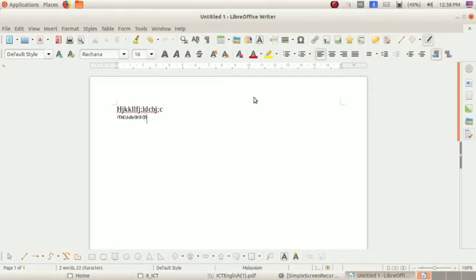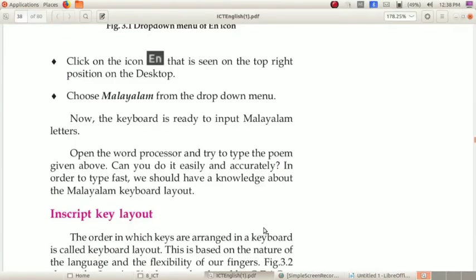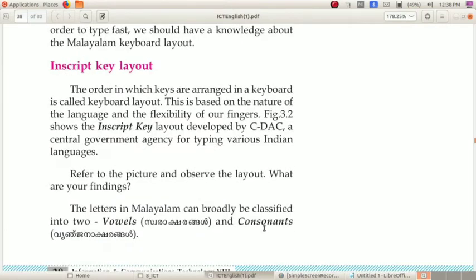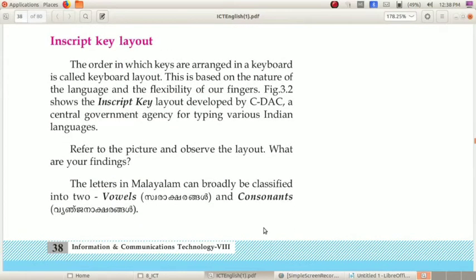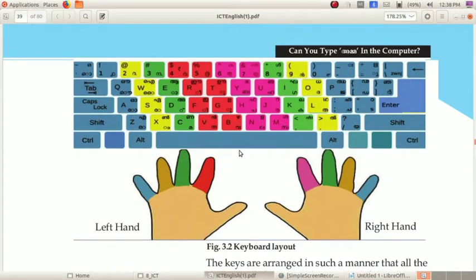Okay. So before going to type, I will just introduce InScript key layout. Did you hear about the InScript key layout? What is that? Yes, that figure you are familiar with from the first chapter onwards, isn't it? Here we can see right hand and left hand and so many colors.